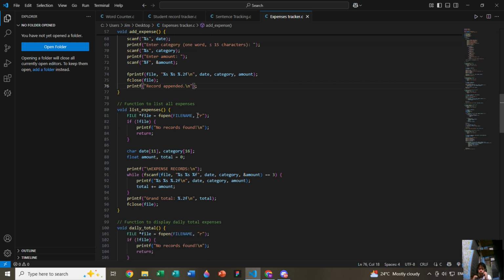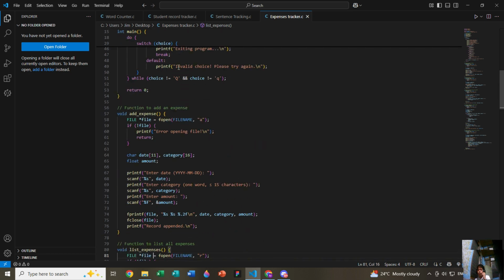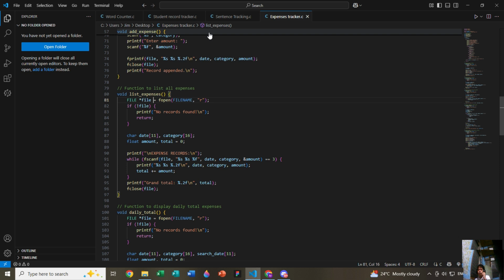After that, void list expenses. Basically, this will mainly be used to open the expenses text file from above here, file name, to make it simpler and easier to edit it in the future, basically to make it more readable.